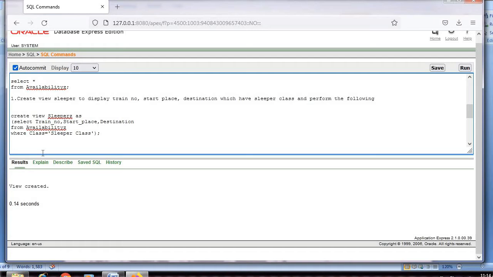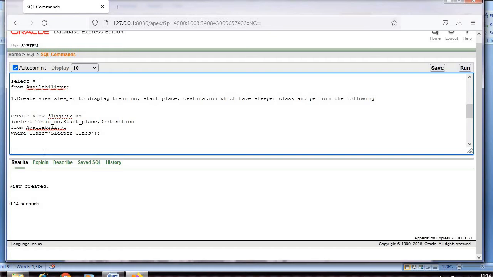So here the thing which you have learnt is how to create a view. To create a view, you have to make use of a command called as create view sleeper as. So I am creating a new view. I am going to table availability. There I will search for the class sleeper class.